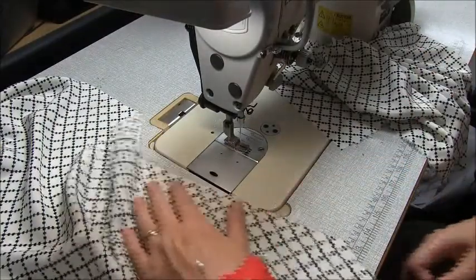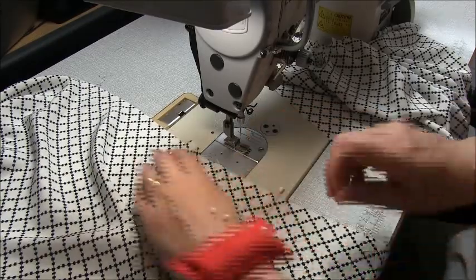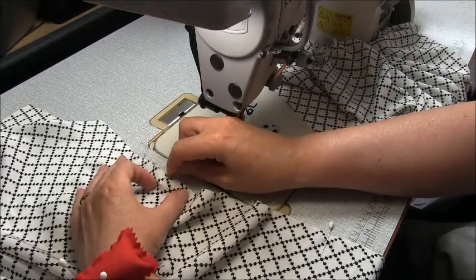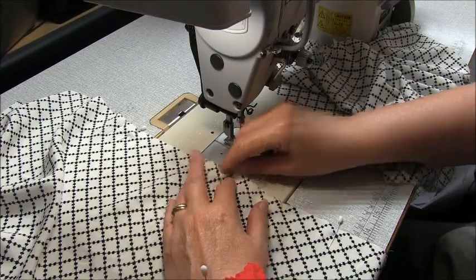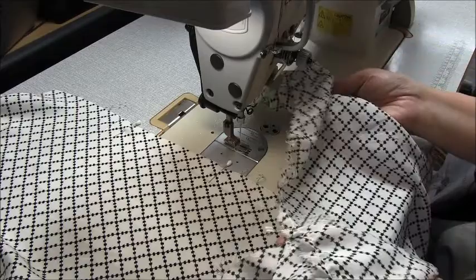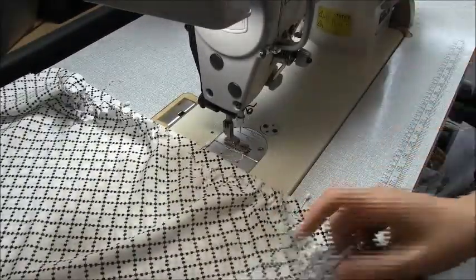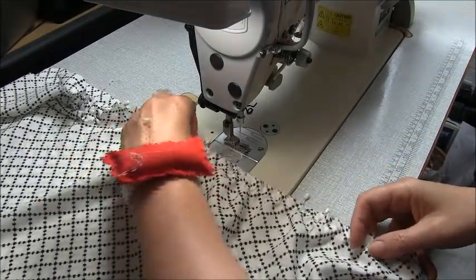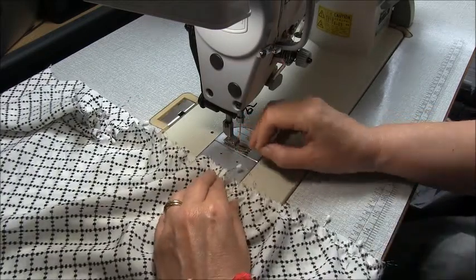Now I'm also going to mark the notches on this, so we have 3 across there that we're going to match into the notches on our gathered side. Okay, so our back is now right side up, and we're going to place our lower back right side down. So what we're going to do now is match. It's a good idea to start at the center,